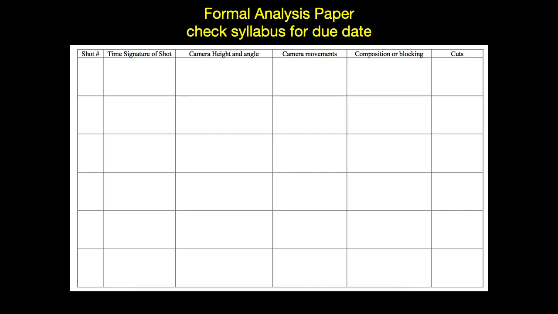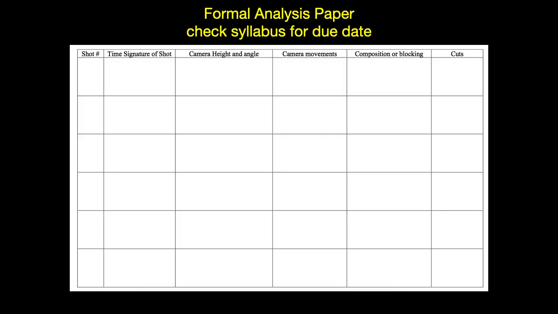You will number your shots 1 through 6. You will note the time signature of each shot. What I mean by the time signature is where in the film does it occur. The time signature is the minute and second in which that shot first appears. So your time signature will say something like 32 minutes, 57 seconds. The point of the time signature is I should be able to look at it, go into my copy of Within Our Gates, cue up the time signature you've said, and I'm immediately in your sequence or on the shot